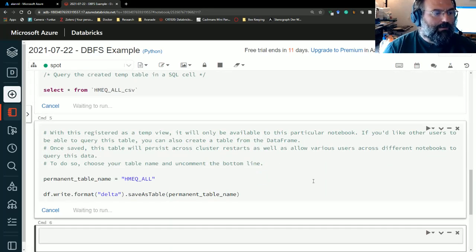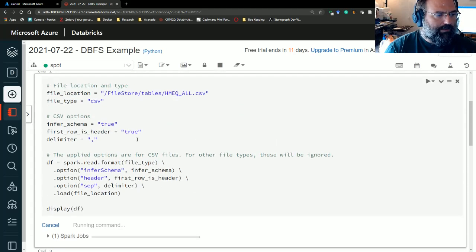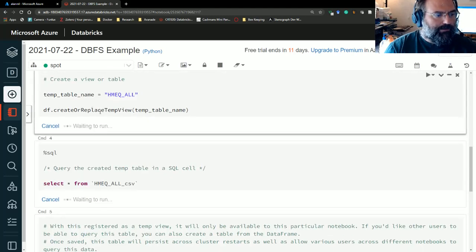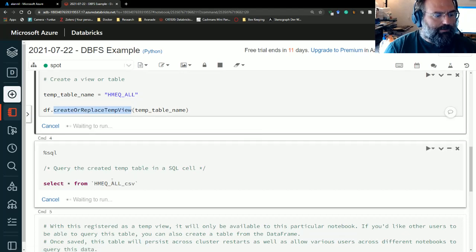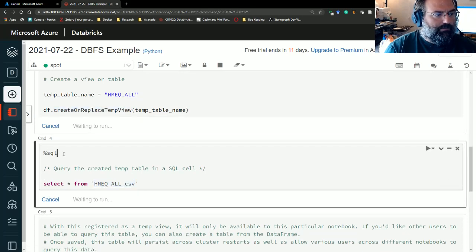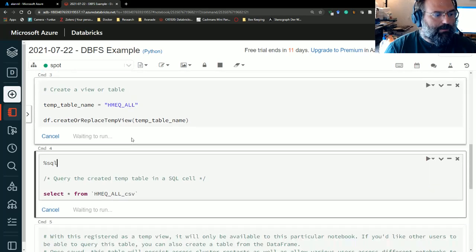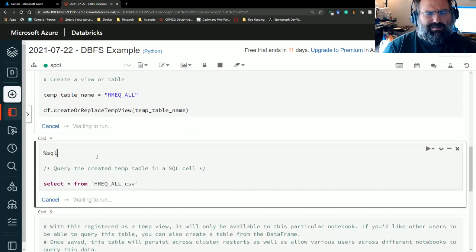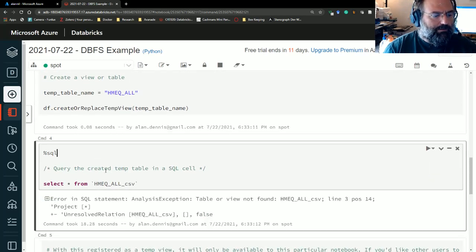Just to show what that's doing, it's creating basically nothing really complicated. It's reading this file into a data frame. It's turning that data frame into a temporary view. You can then select it using SQL, and this is where we're seeing this is a Python notebook with SQL embedded. There's a little bit of trickiness there, because if you want to